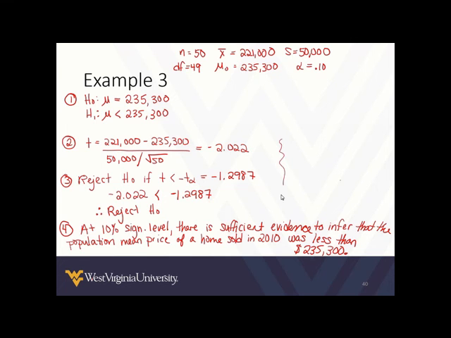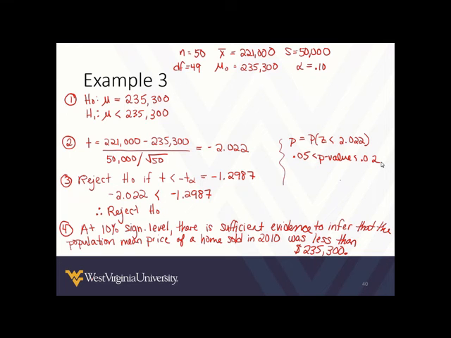And in case you were curious, I will leave you to check it on your own. But if you use the table to find the p-value, your p-value would be equal to the probability of z being less than 2.022. And so if you use the table with the degrees of freedom at 50 and following along that row, you would see that your p-value would be between 0.05 and